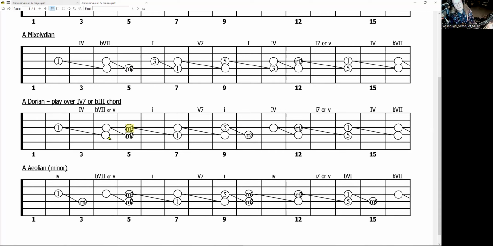Dorian is characterized or defined as having that major 6 in it, which is different from the next minor, the default minor. And that's going to fit in with a major 4 chord, and that's why you see 4 listed up here. In this case, in this key, that would be D major. So if you had a song that was A minor to D,